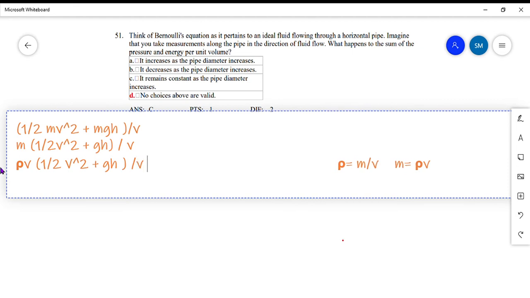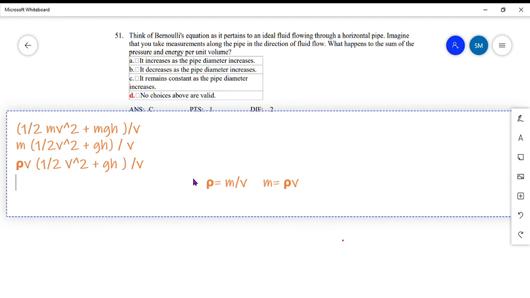So we found this, V and V cancel. And we will find that the sum of energy per unit volume